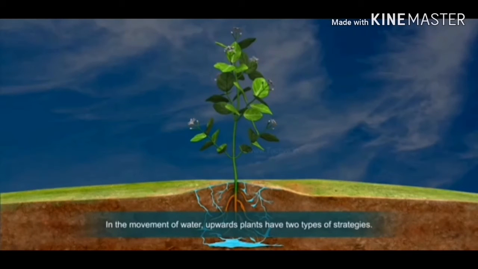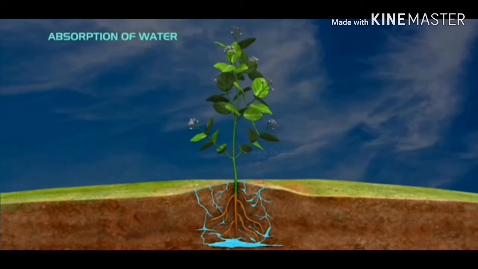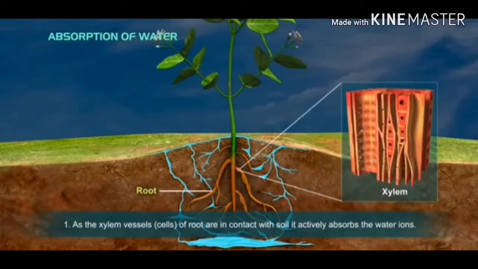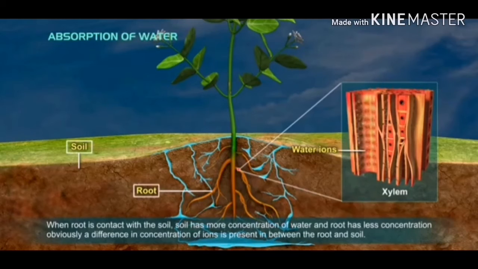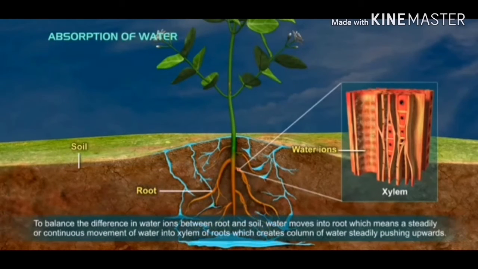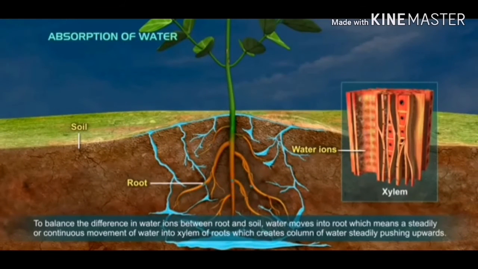The movement of water upward. Plants have two types of strategies. Absorption of water. The xylem vessel cells of the root are in contact with the soil. They actively absorb the water ions. The soil in contact with the root has a higher concentration of water, while the root has less concentration. Obviously, a difference in concentration of ions is present between the root and soil. To balance the difference in water ions between root and soil,